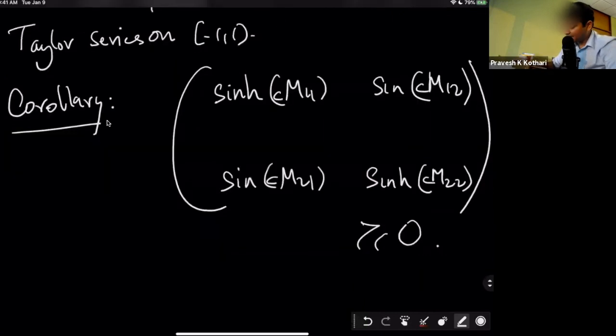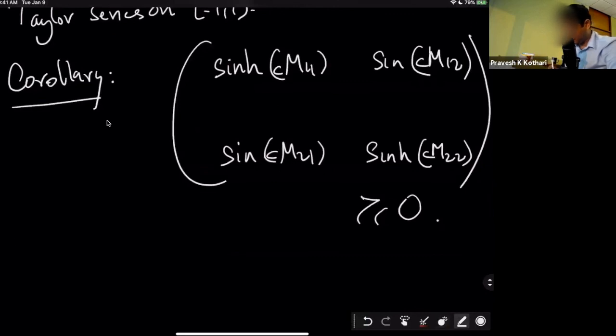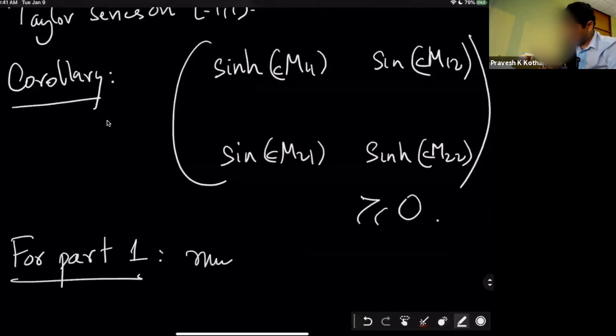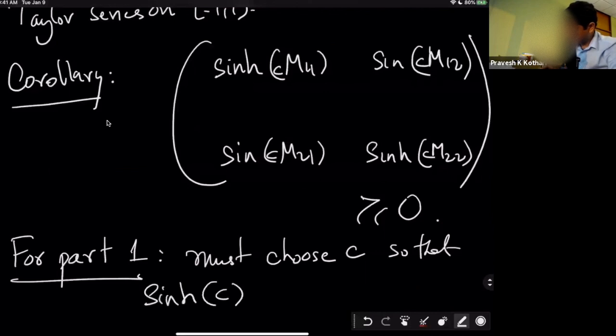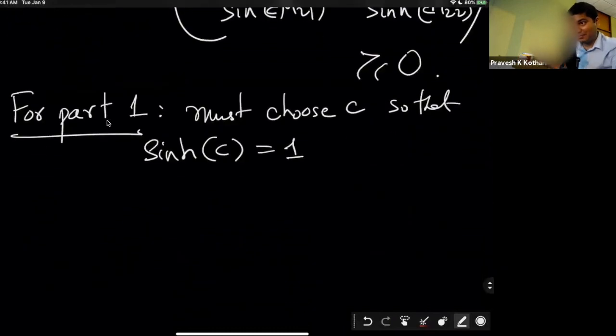And so now I must choose, for part 1, C so that the hyperbolic sine of C is 1, right? There's no other option for us. We got to choose that because the diagonals of the matrix M are 1. So we must choose a scaling C so that the hyperbolic sine at C evaluates to 1. And yet another claim by fiat, the C that you need to choose